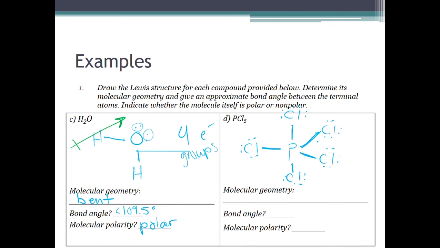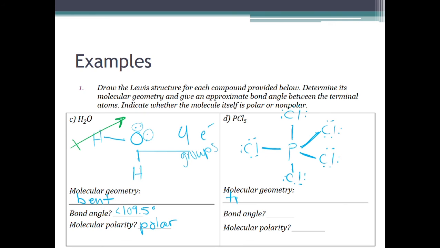And now phosphorus is holding 5 bonds. It's holding 10 electrons, but that's okay. It'll just store the extras in its d orbitals. It can have an expanded octet. This is fine. Our molecular geometry, we know now if we have 5 terminal atoms, this is going to be